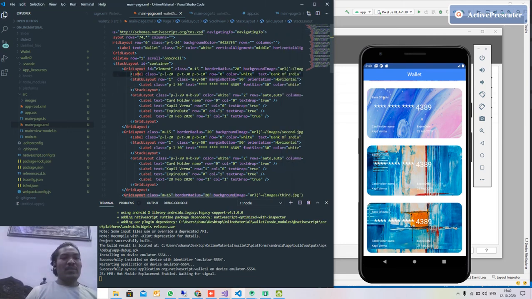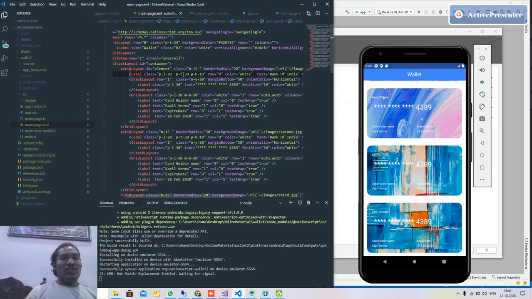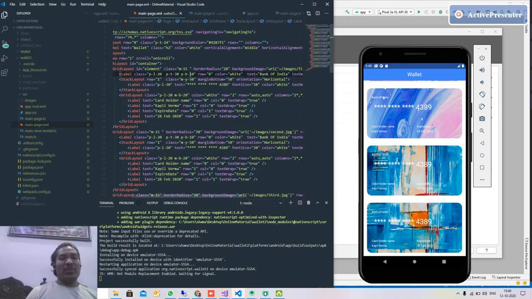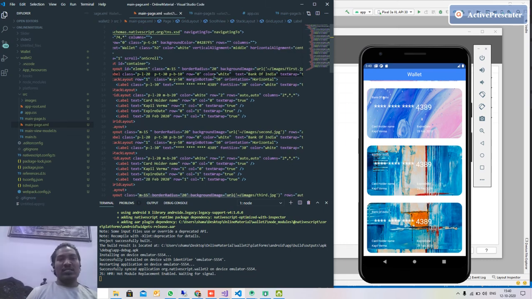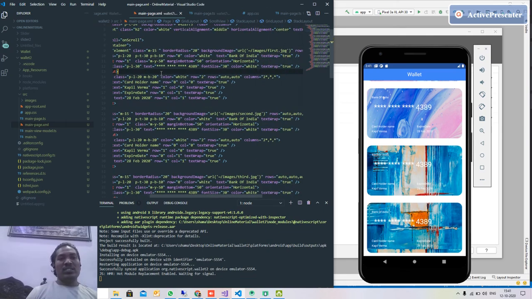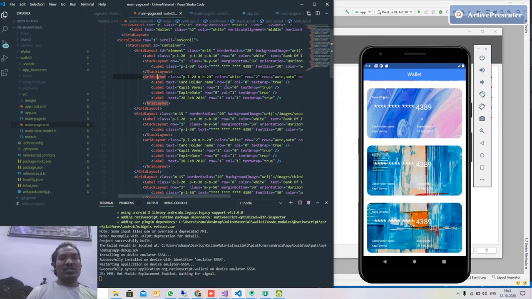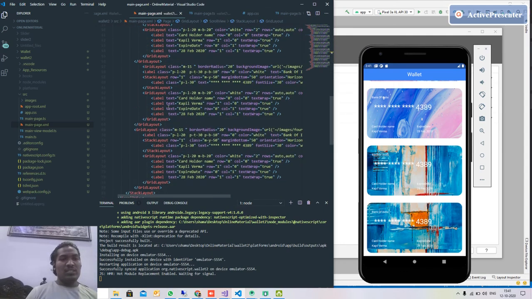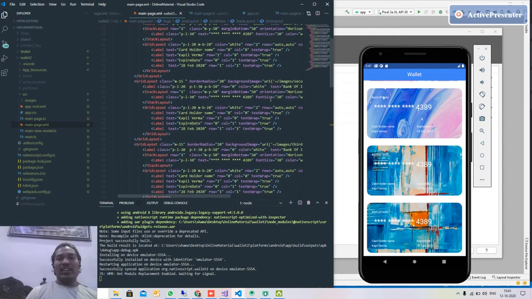First it is just a label which has padding left and padding bottom of 10, so that it's strictly laid out. It just has a text. Second is the stack layout, because we want to make it vertically aligned, so I put it in a stack layout, and there is just the number. Third one has the card holder name, the expiring date, in date format. I just copied this 5 or 6 times, I think. Yeah, 6 times, so that we have this kind of layout.